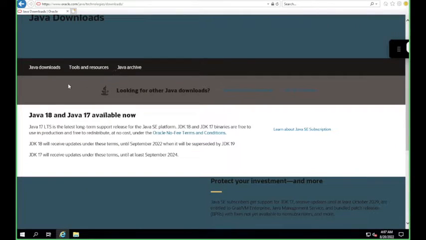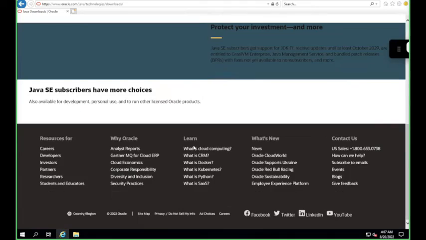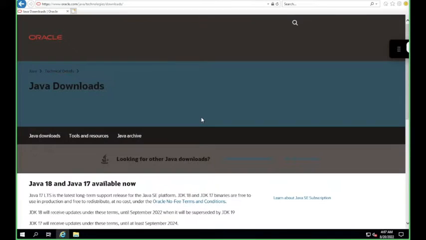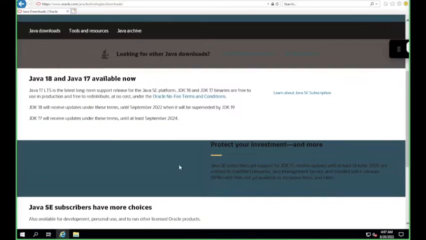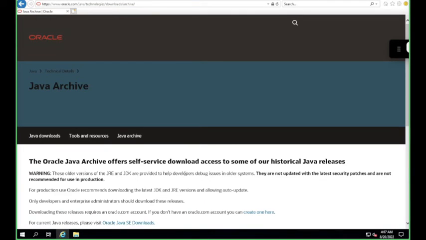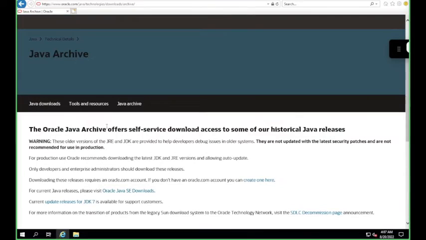Here you'll see the Java downloads page, but we need a specific version, suppose Java 8 or something. So how will we do that? Go to the Java downloads. You will have some Java archives here, right? Sorry, just go to the Java archive. In the Java archive you'll find